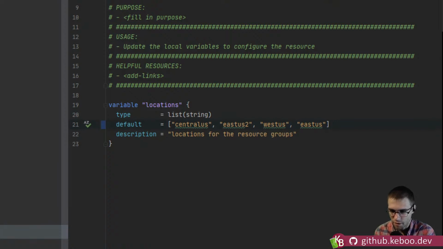And then finally, there's full-on object types. In our case here, we've changed locations to be a list of strings. So rather than the standard single string syntax, we wrap it in square braces. I need to stop using the word array because list is the technical Terraform reference for the type.